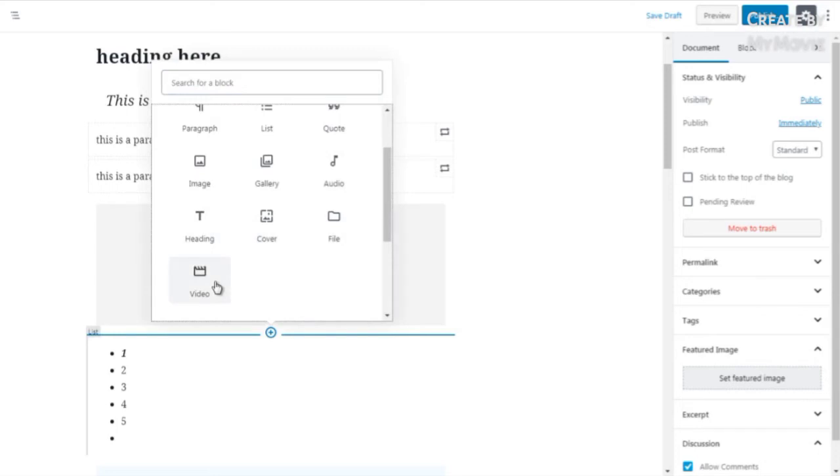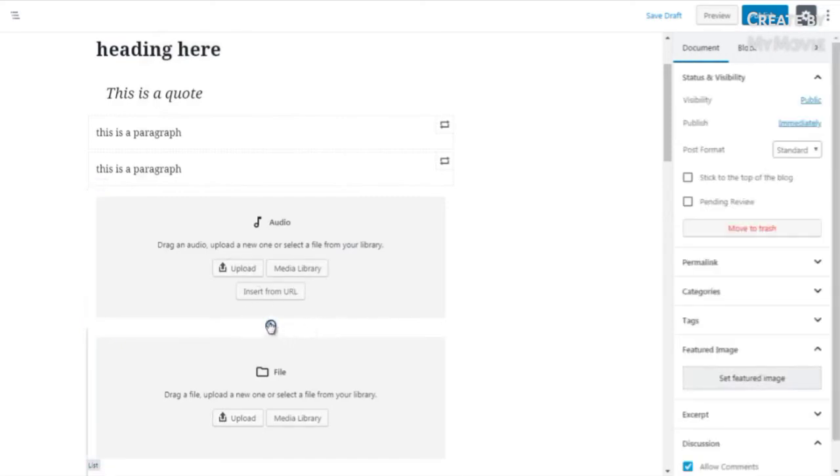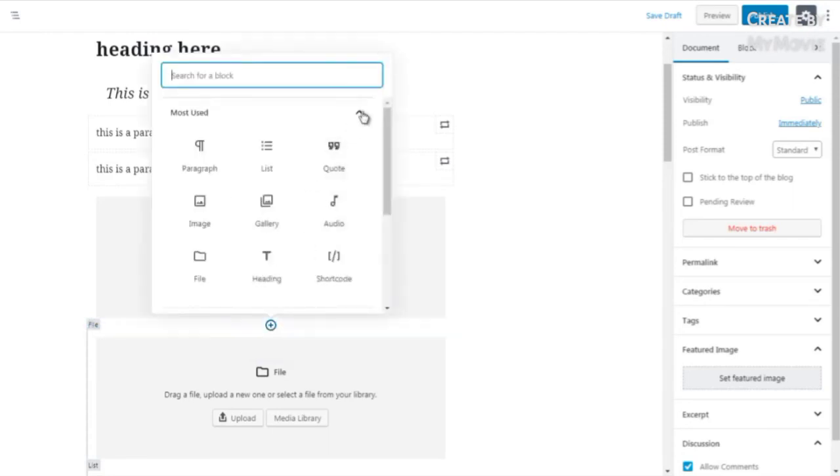You upload it to the media library, or you get the URL. We have file, which is again similar. If you click on file, same thing. Very similar to audio, video, and image, and gallery. And of course, the last one